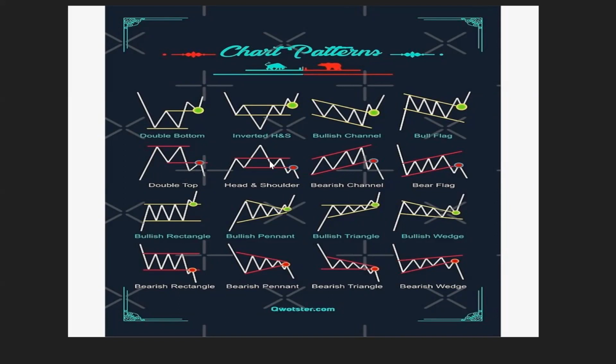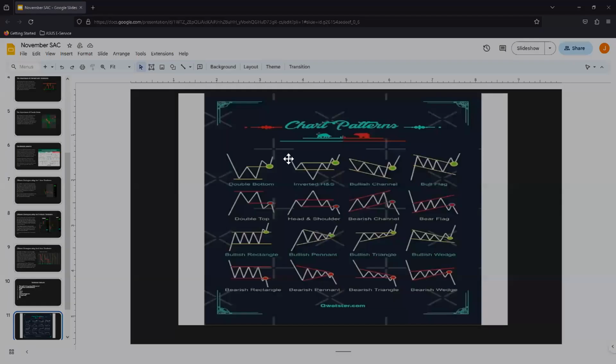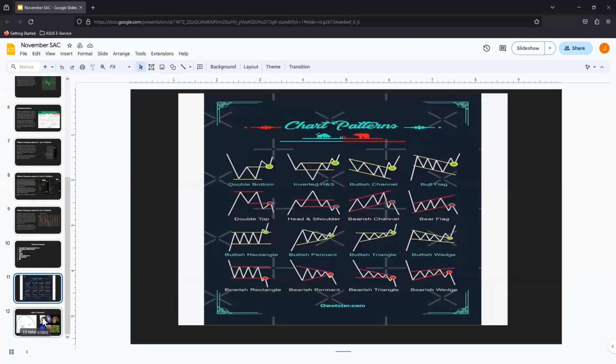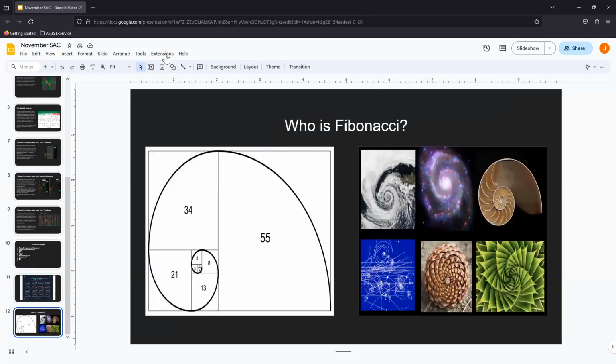So again, being able to see these without someone telling you is just hours and hours of practice and studying and reading charts. Oh, I did not mean to do that. So let's get on with